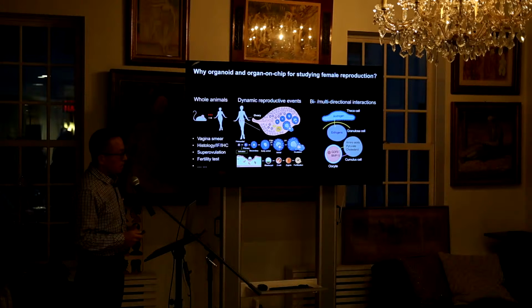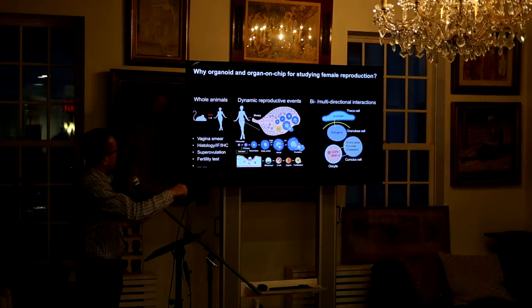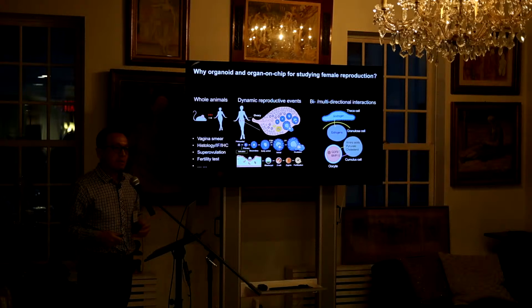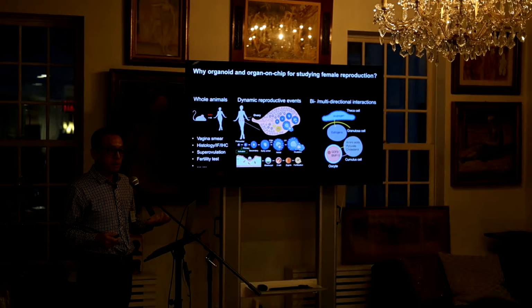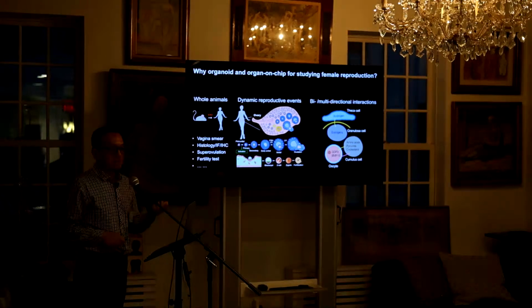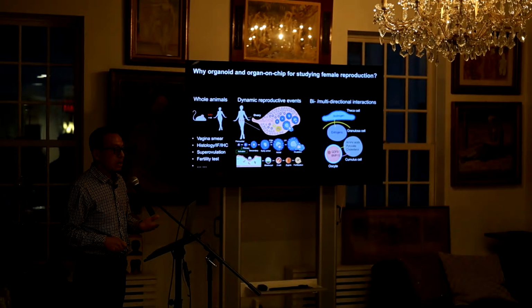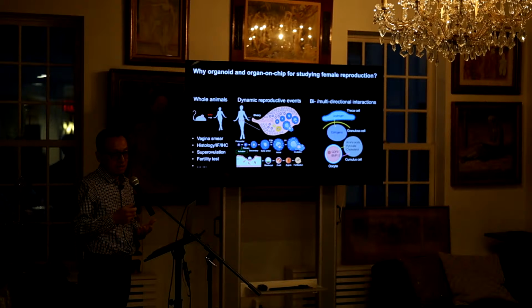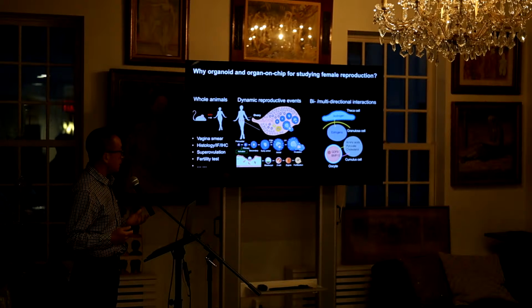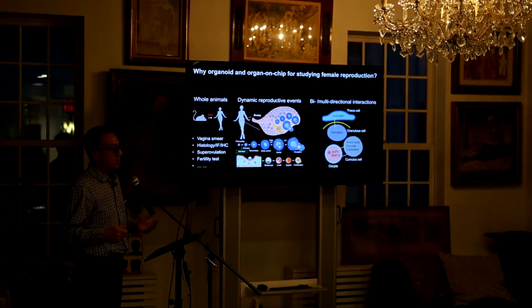So why do we need the organoid organ-on-chip research? For us, we always think about whether we have, for example, the stem cell induced organoid, whether it's ready for basic science or especially for toxicology research, whether it is representative enough for human ovarian function and especially for the oocyte development process. But I will say it's open for discussion.